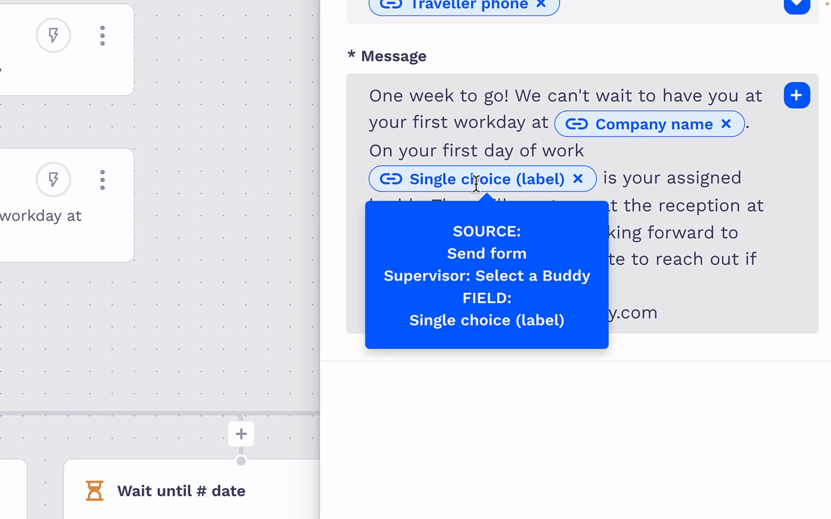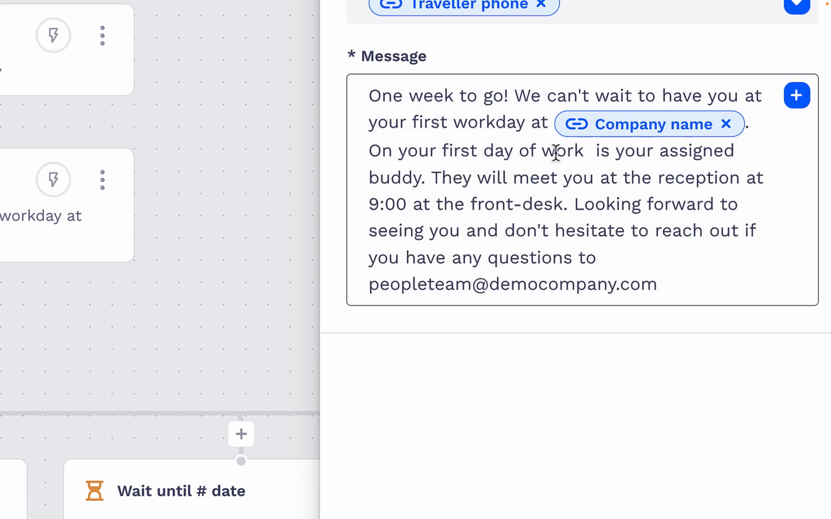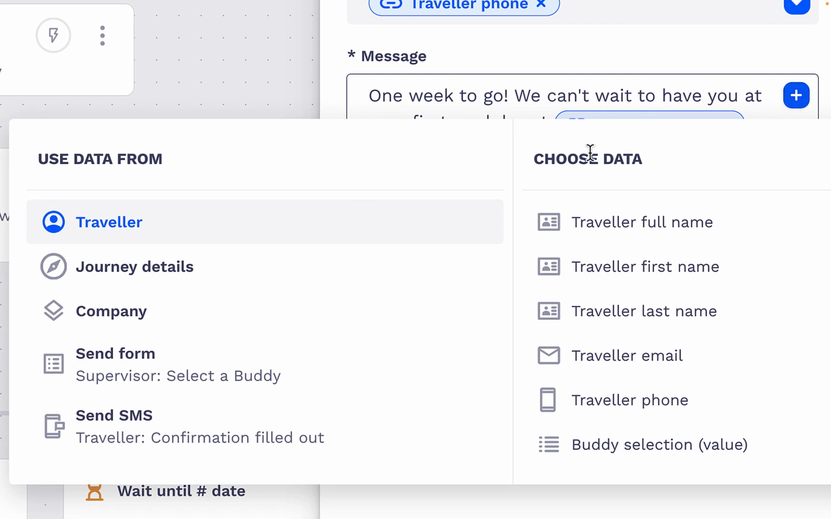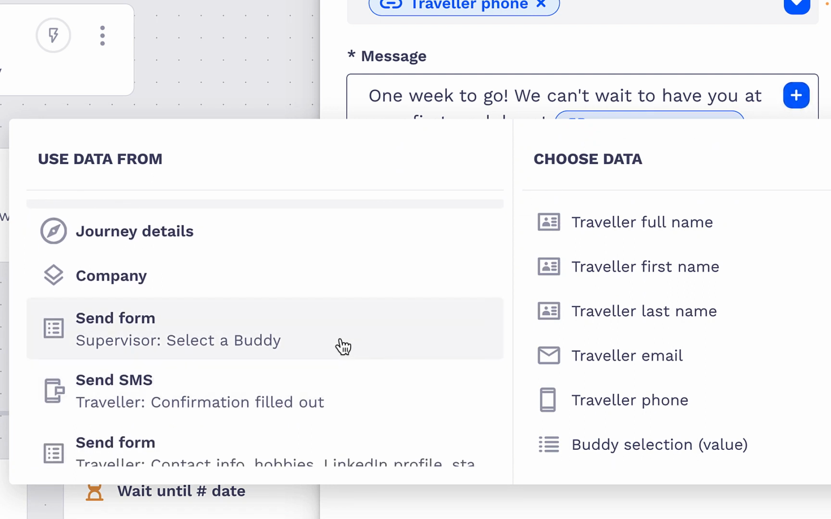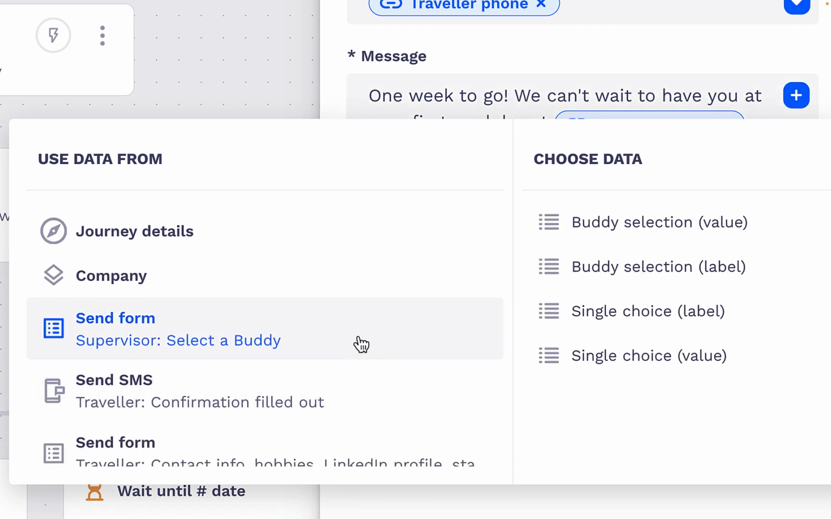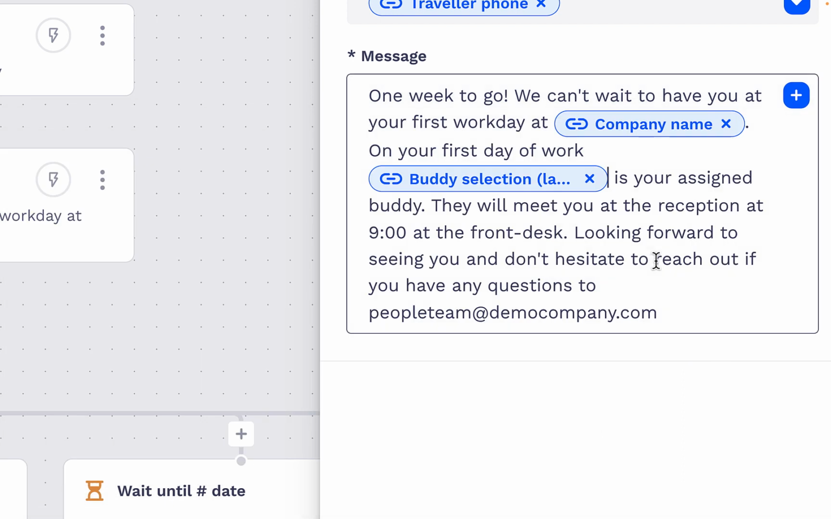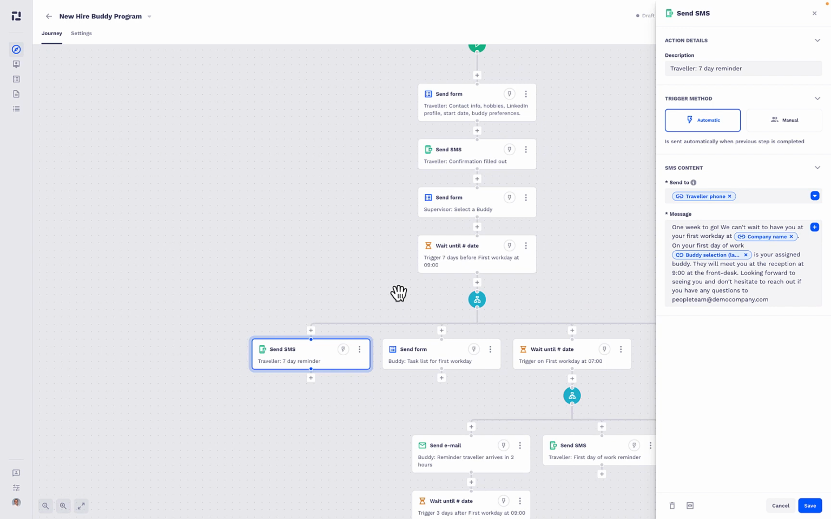buddy. And here, because we had a form where we were able to pick, I can just show you how we do this. You just click the plus sign, you click the form that the supervisor picked out, and you remember they were able to pick a buddy, and we're going to add the label here, so you can just see, this individual is going to be your buddy. They'll meet you at the reception at 9 at the front desk, and then if you have some questions, you can send an email here. We're also going to